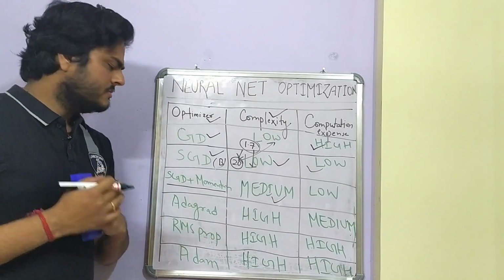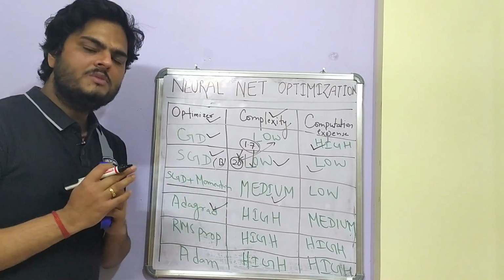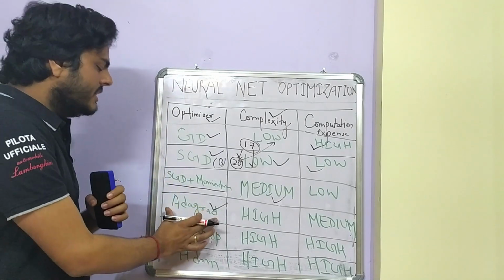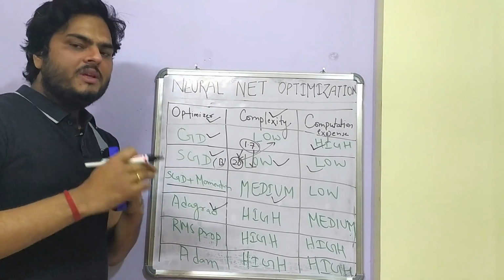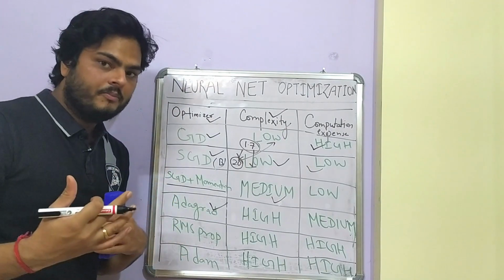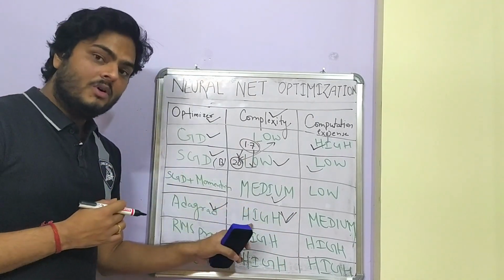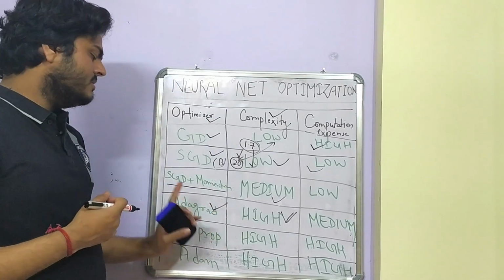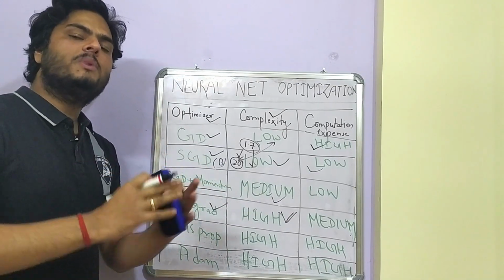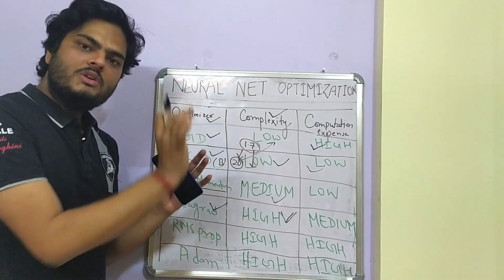What are the next optimizers? ADAGRAD. ADAGRAD stands for adaptive gradient, which means the gradient will take learning from the previous gradients as well. In ADAGRAD, the previous gradients will be taken into consideration and new gradients will be computed. That term will also come. So the complexity of this will be a little high, or very high actually, because many terms will be involved. But the good part of this algorithm is it will give you the desired result, especially if you are dealing with a sparse matrix, where you need to keep changing your gradient based on the data, based on different columns.